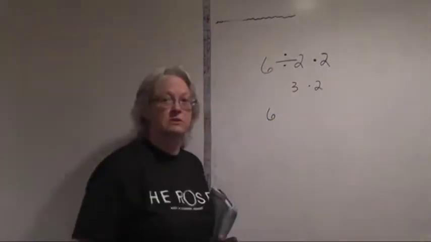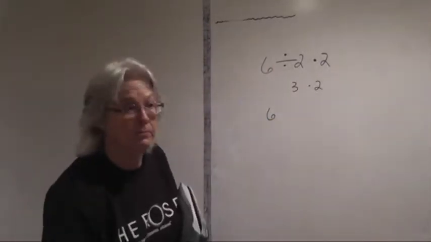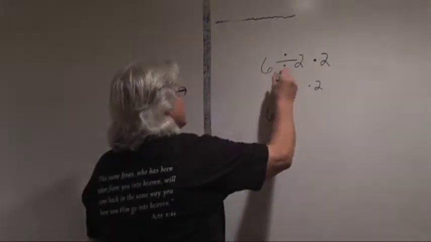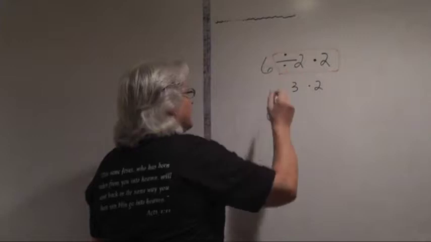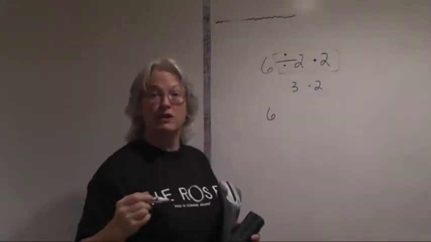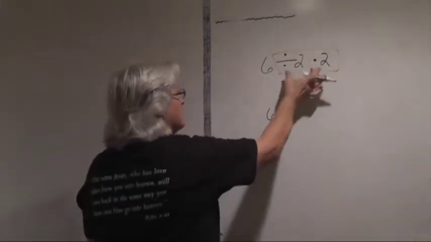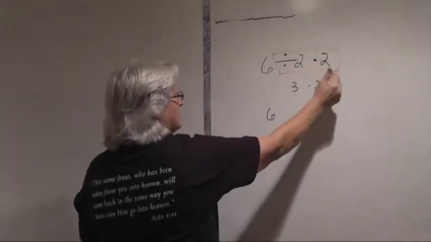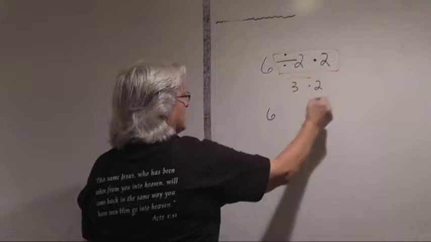What is 6 times 2? 6 times 2 is 3. What you see going on here is an example of the fact that division and multiplication are inverse operations. When you multiply and divide an expression by the same number in sequence like we did here,